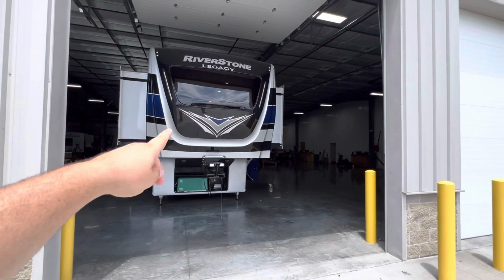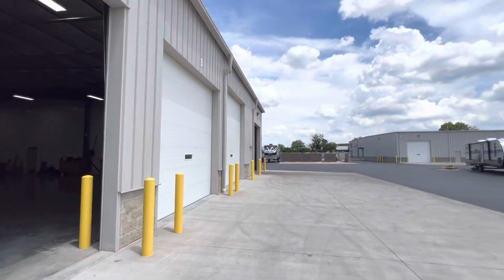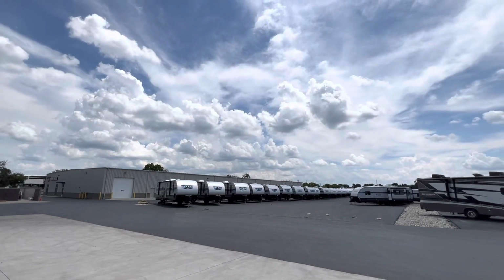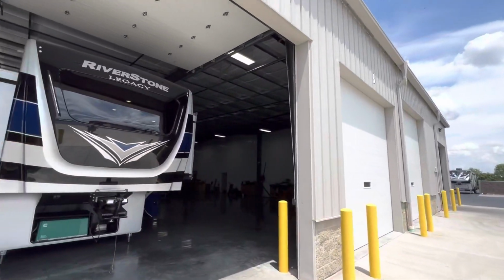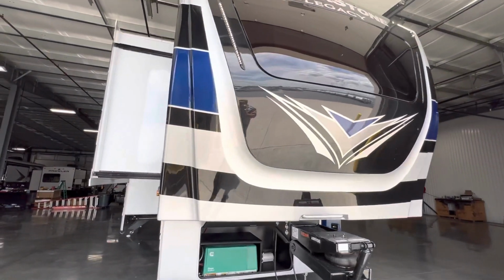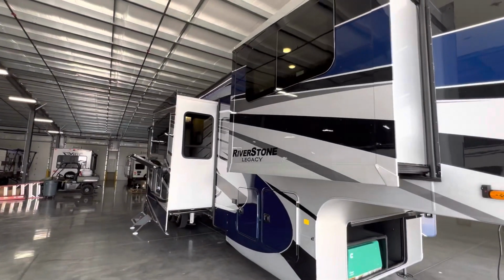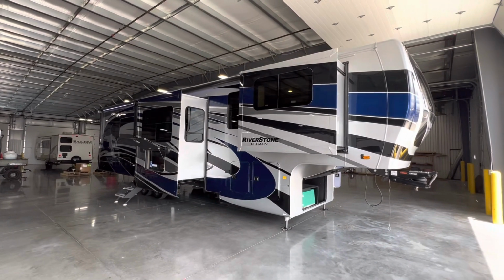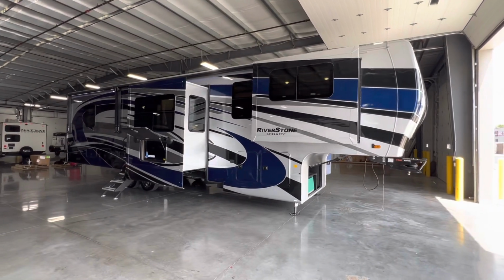Today I'm going to be touring that bad boy. It's the 2022 Riverstone Legacy 39RBFL. It is absolutely beautiful out today. Even though it is a little toasty, it's about 85 degrees, so I've got the AC pumping in this. You might hear that in the background because we're in a garage. But it is hotter than Hades' crack out here, and your boy is not sweating up and stinking this camper up. But again, it's the 2022 Riverstone Legacy